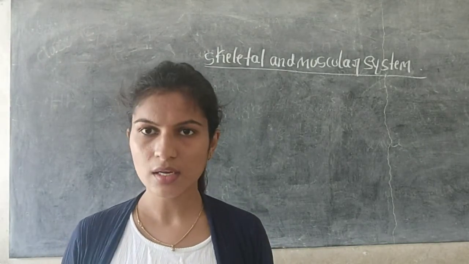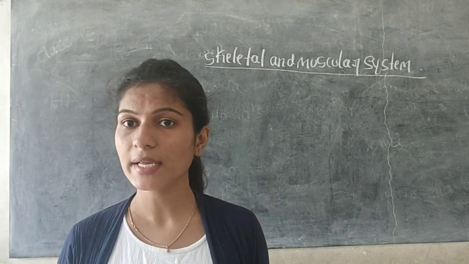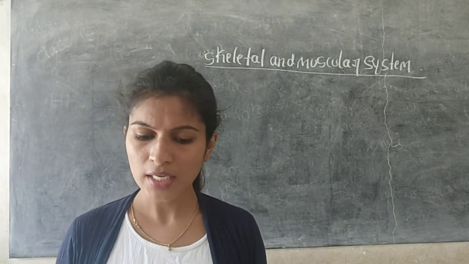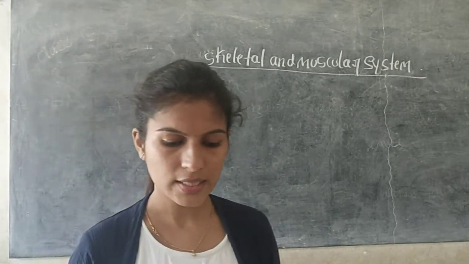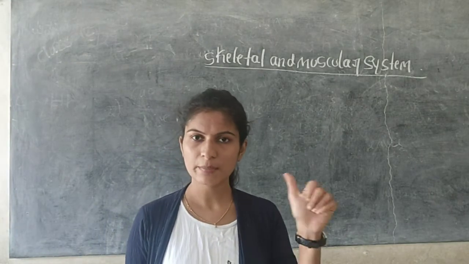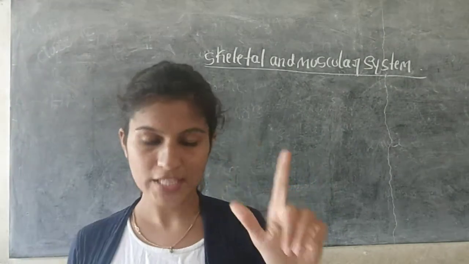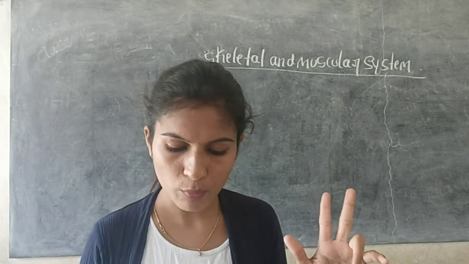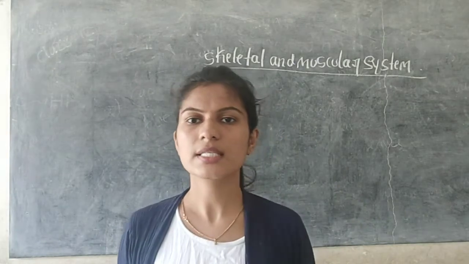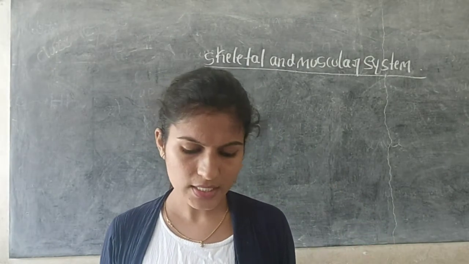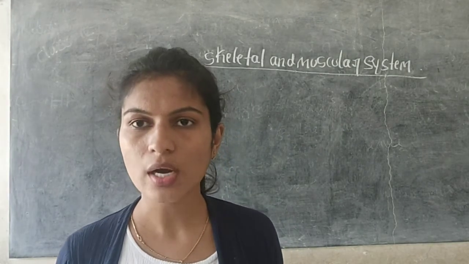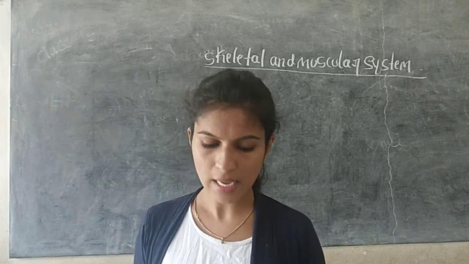Next, what is the skull, what is bone marrow, what are voluntary muscles, involuntary muscles, and cardiac muscles. We have learned all these things in this lesson, and we have already discussed some of the questions, like fill in the blanks, match the following, and name the organ of the body that is protected by. Today we will discuss the remaining questions of this lesson, that is short answer type questions, and next long answer type questions. Let's study this.